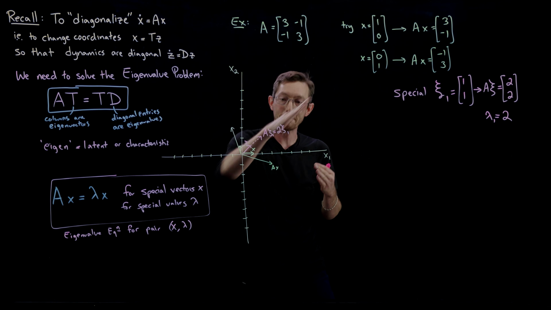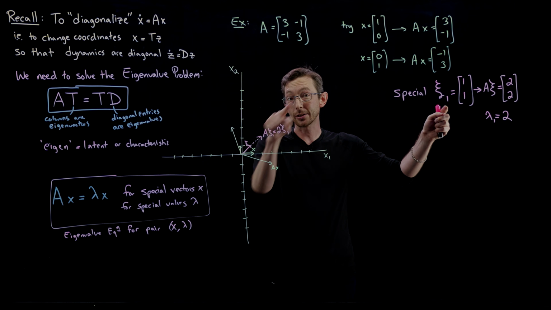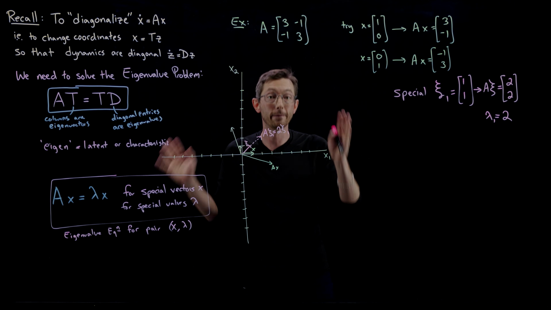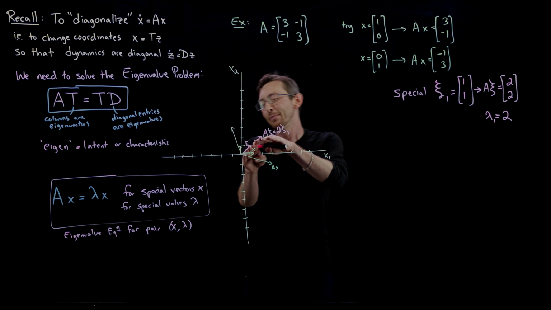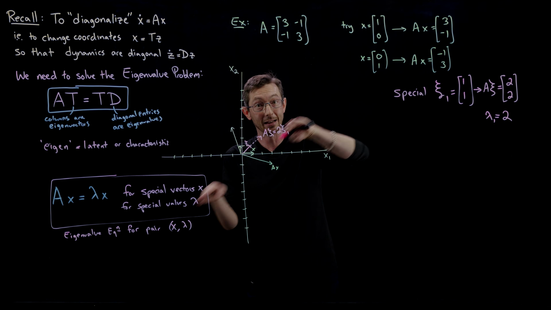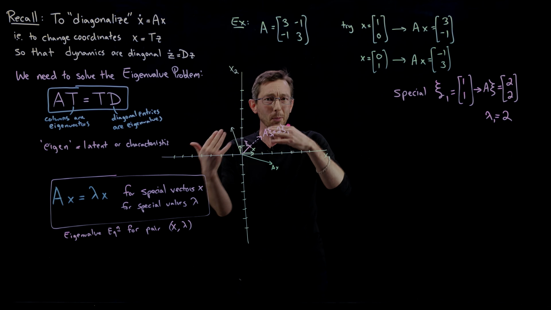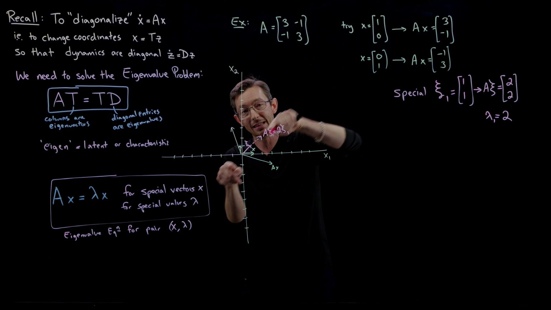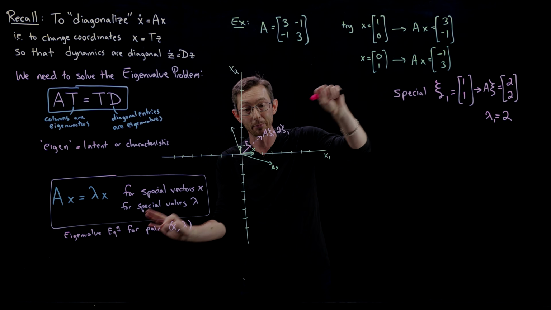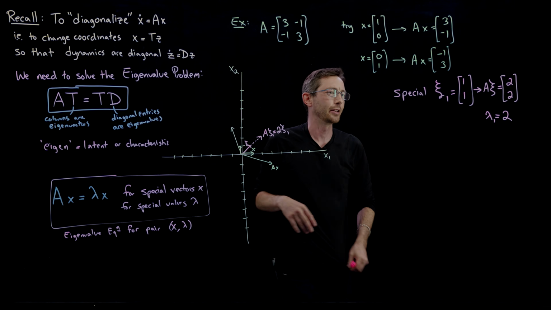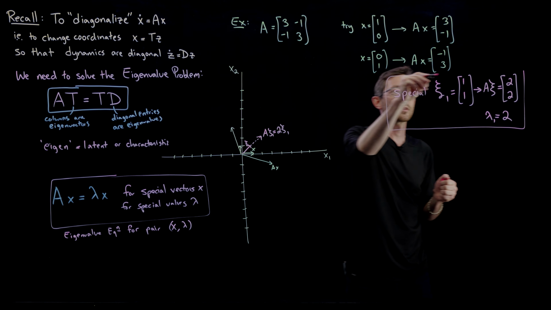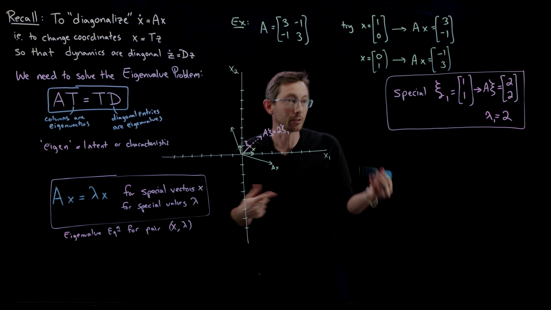They are special kind of magic directions where if I take a vector in that direction and I multiply it by A, that vector stays in that direction. Very, very interesting, very, very important. And you can almost picture how those special directions where if I multiply by A, things stay in that direction. That's how I'm going to decouple my dynamics, because in these directions, my dynamics are completely decoupled in this direction and in the other direction. I'll get back to that later. So that's one special eigenvector, xi. The next special eigenvector,